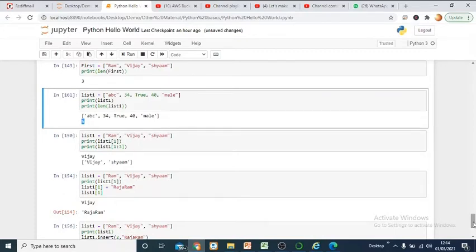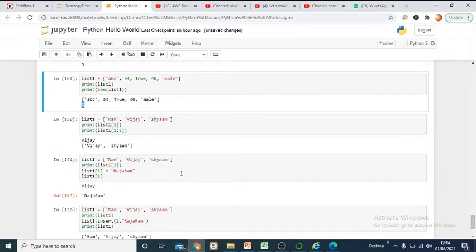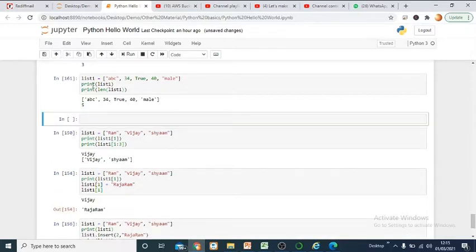Right, now the next thing to see is accessing the list. You have created a list, and now if you want to access a specific item present in the list, as we know a list is a numbered construct, so it starts with 0.